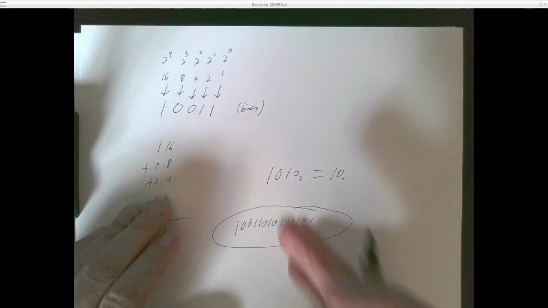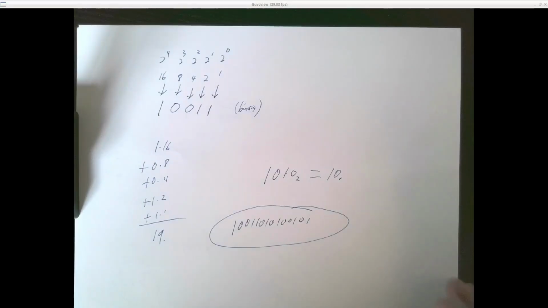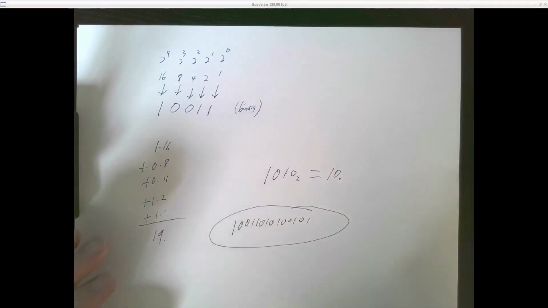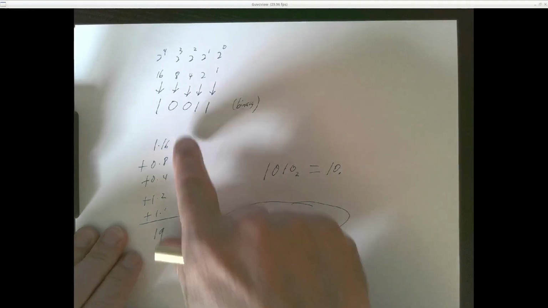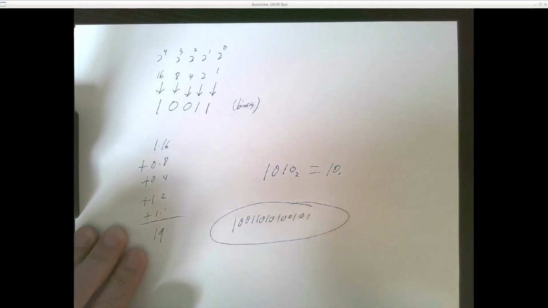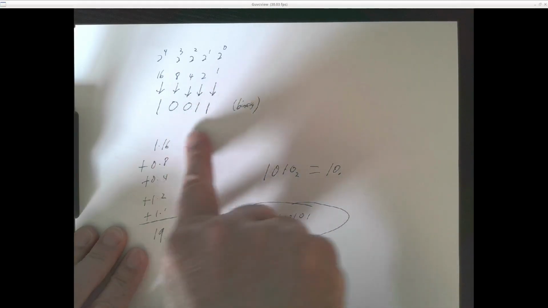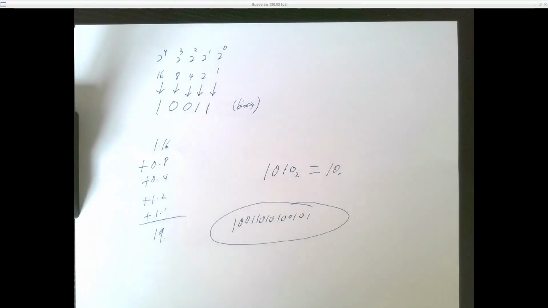Now, we could convert this into a decimal number, right? Something like that. But the conversion between binary and decimal is somewhat complex. There's nothing inherently looking at this that says, oh, that's going to be the decimal number 19. You really only get that by adding up the powers of 2 where there's a 1. 16 plus 2 plus 1. So we have another way of representing